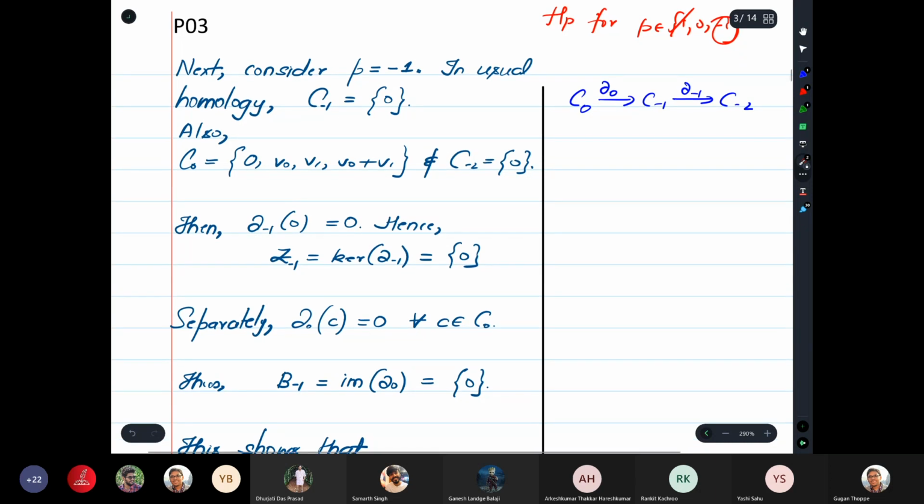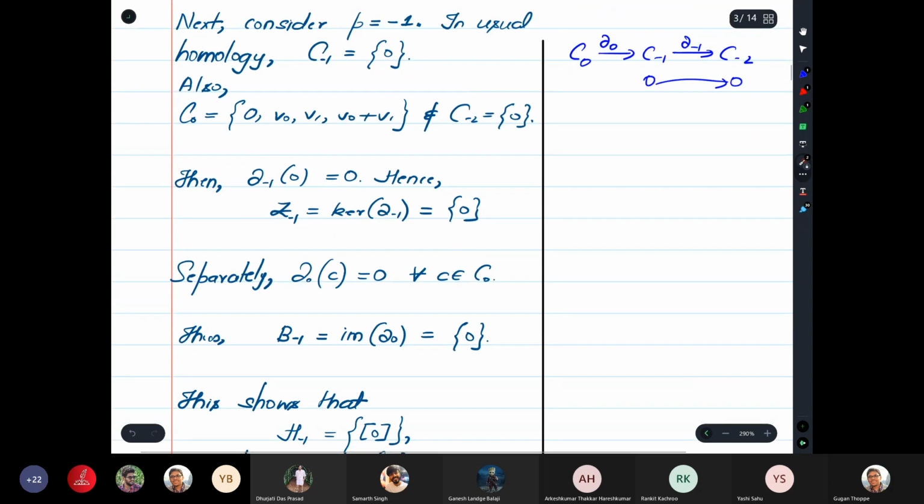So first let's compute Z-1. Right, so Z-1 is the kernel of ∂-1. Since this is made up of only 0, this is also made up of only 0, and 0 gets mapped to 0, the kernel of ∂-1 will only include the trivial element, which is 0, right? And on the other hand,